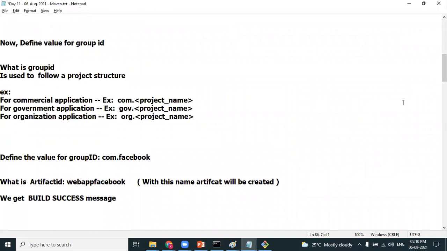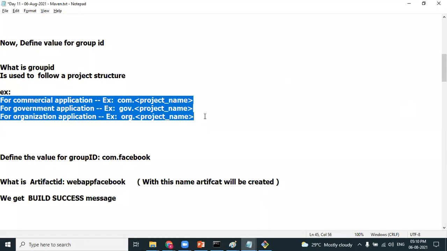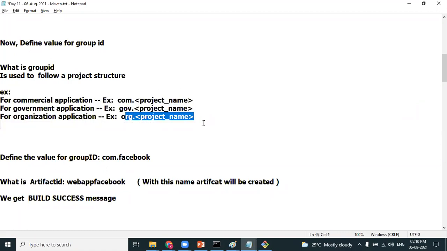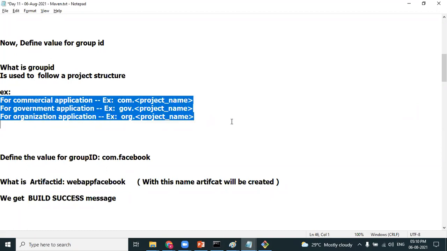Actually, every time we will not be creating a web application, right? Can we even mention that it is a web application? If it is a commercial application, a government-based application, or a non-government one, this is an industry standard. It is not about a web application or a mobile application. It's not the nature of the application, whether it's a commercial application or a government application. Okay, clear, Arvind?